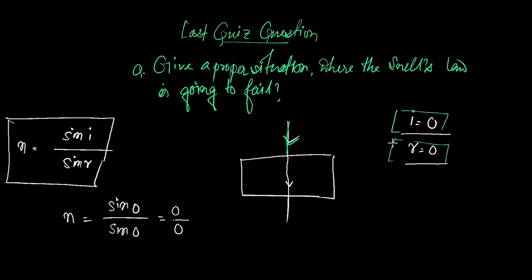But if you represent this with a mathematical sign, that is I equal to 0 and r equal to 0, it becomes a more correct answer. So try to give this kind of answer. Try to represent your answer mathematically. Once you are able to represent your answer mathematically, it becomes more prominent, so always try to do that. If it is not possible to represent mathematically, it is not needed. But if it is possible, then always try to represent it.